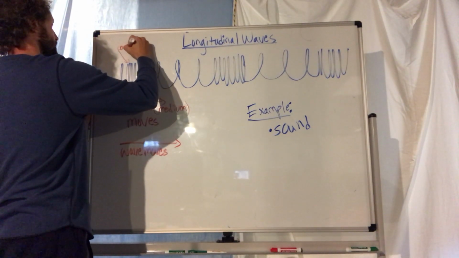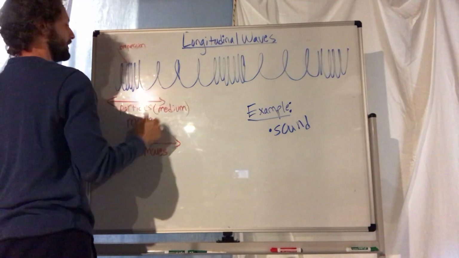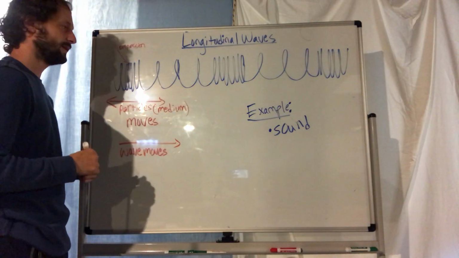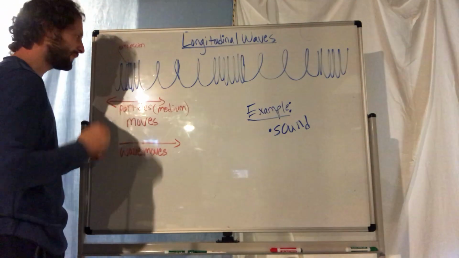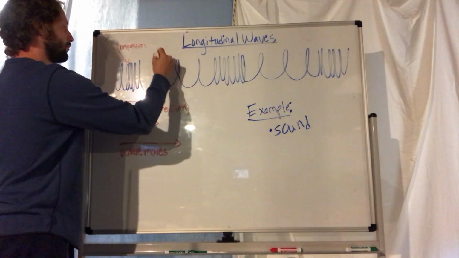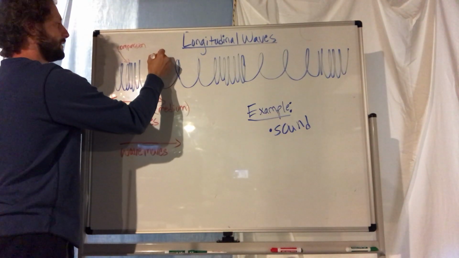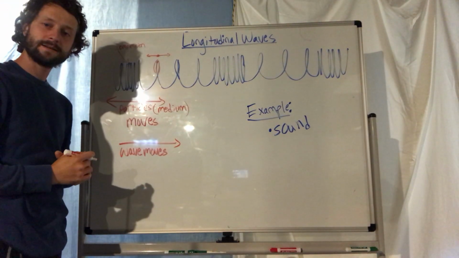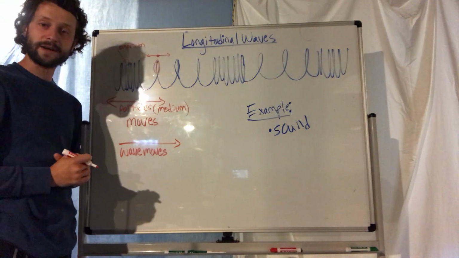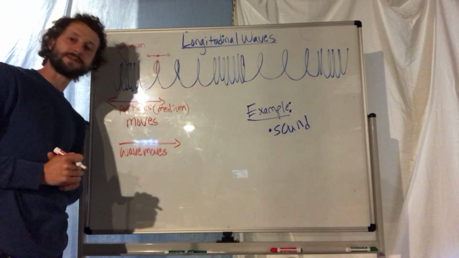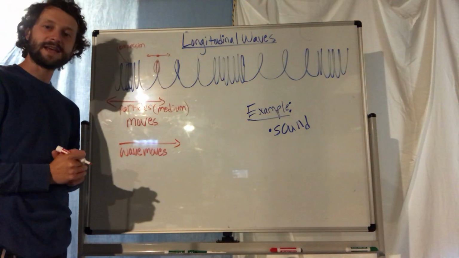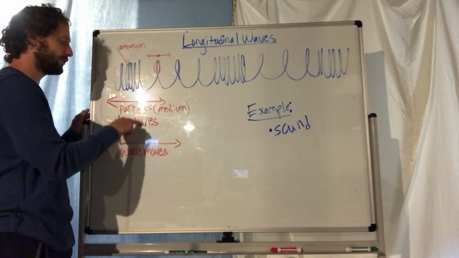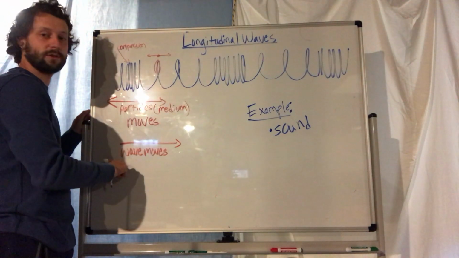That's a compression. And then that's a stretch. Compression, stretch, compression. And that pattern repeats itself. Okay, so each slinky coil, if you were to grab one of the coils and just focus in on that, the coil would move left and right, all right? Not up and down like a transverse wave. Each coil would move left to right, which is the same as the direction, or parallel to the direction that the wave moves. So the particles move left and right, in and out, while the wave moves from the left